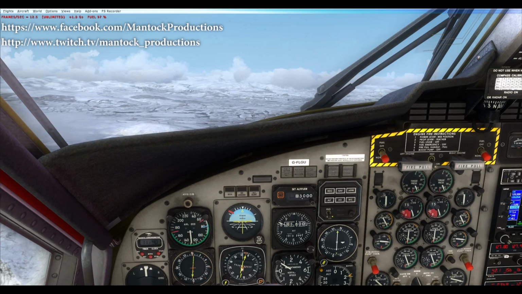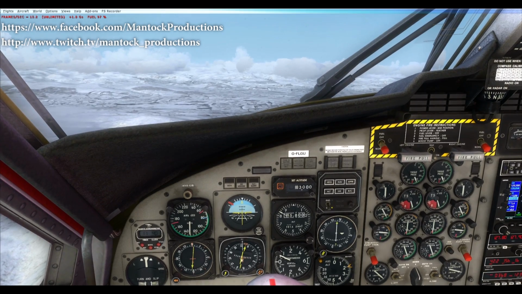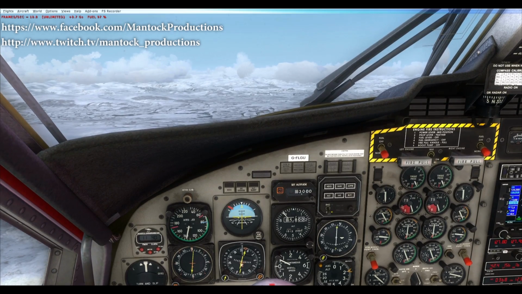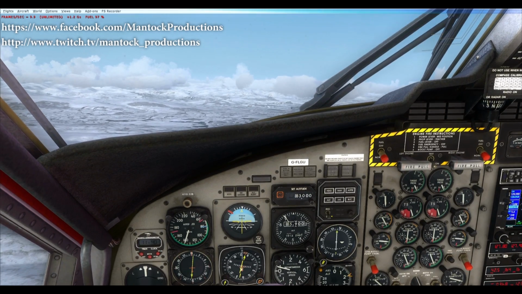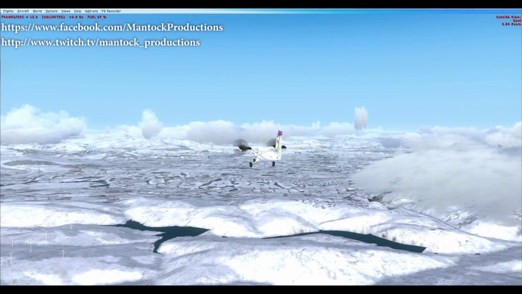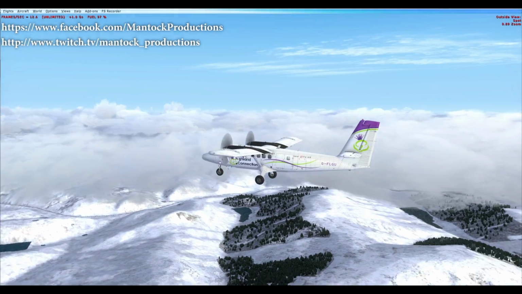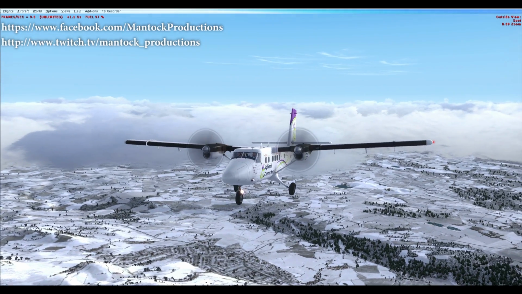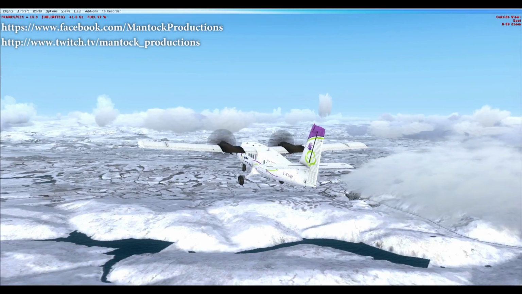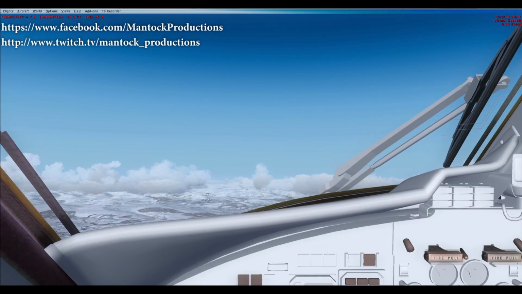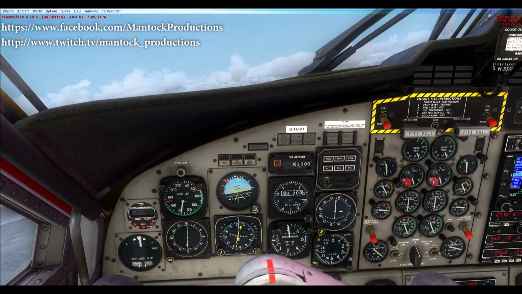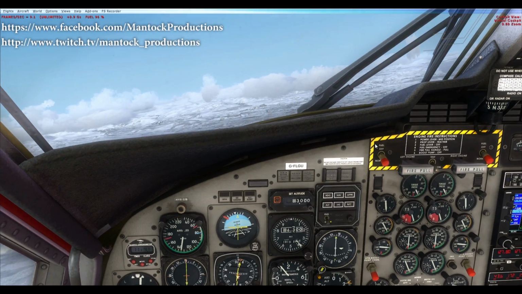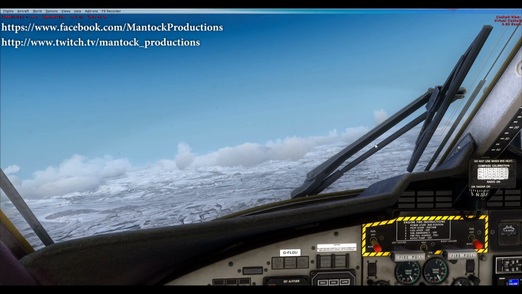Okay, I'm still not on that radial. 42 nautical miles out on that radial now. I'm just turning left slightly. Oh, a little bit of turbulence there. And we've pretty much reached Grice. Let me actually just check where Grice is. Yeah, we've reached Grice now. Okay. And that is tracking